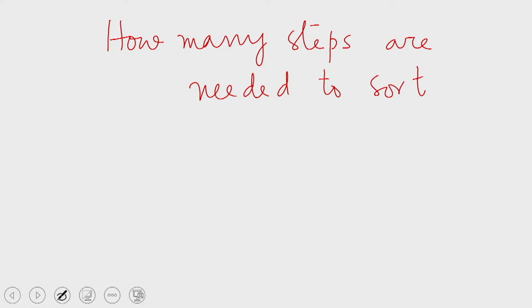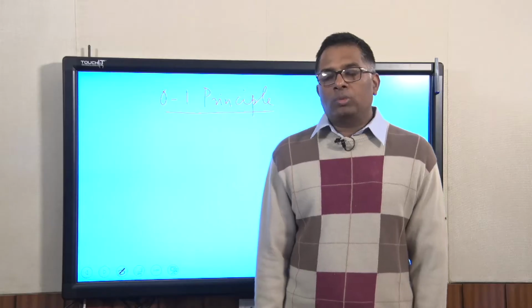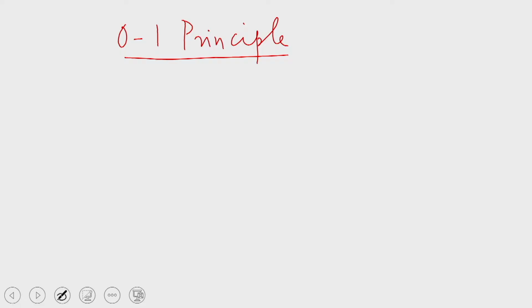Let us find out how many steps are needed to sort n items on a linear array of n processors. To prove this, we shall fall back on a principle that we have already seen, which is called the ZeroOne principle. You will recall from our algorithm on comparative networks that ZeroOne principle can be used to prove the correctness of sorting algorithms. What ZeroOne principle says is that